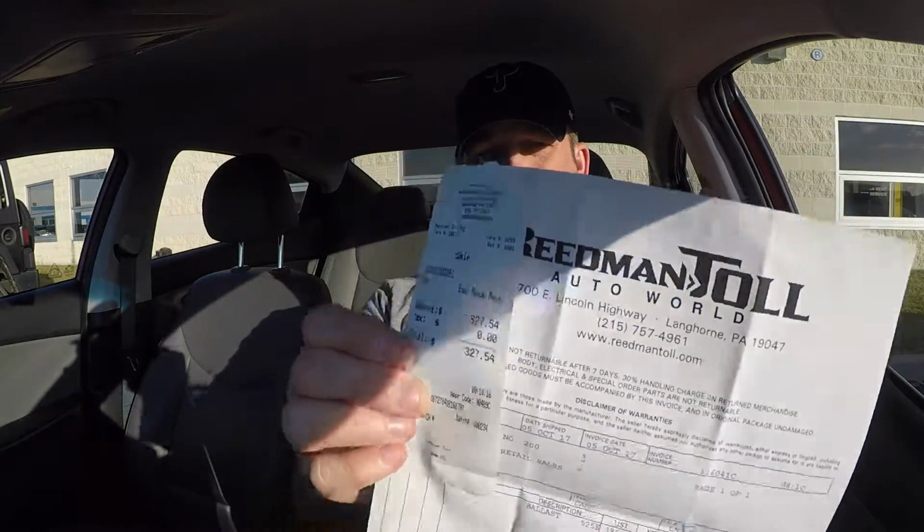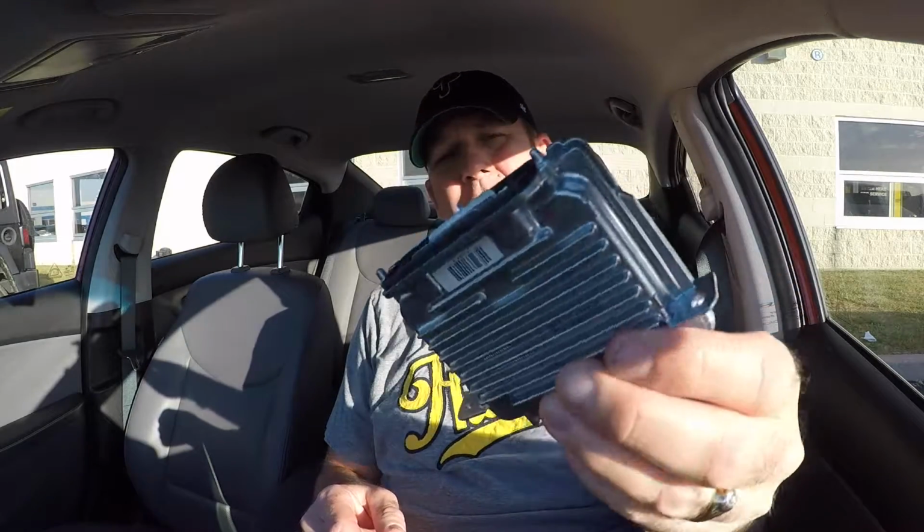Alright, so just got out of the parts department, and the total damage was $327.54. So there you go. $327.54 for a ballast. And let me show you the actual part. What we had thought was the ballast and switched was actually the, I don't even know. Honestly, I don't even know. But this little piece with that little chip in it, that right there. And what I'll do is I'll hold up the